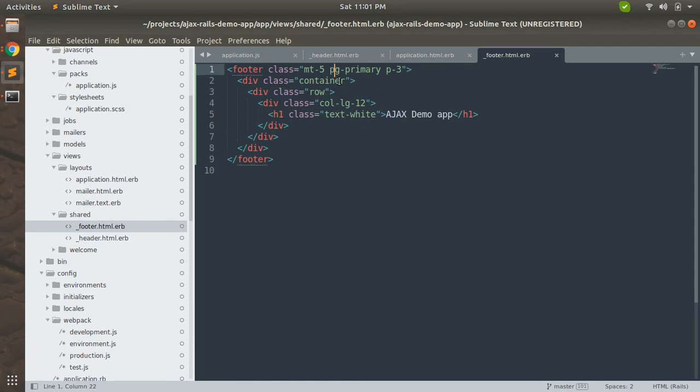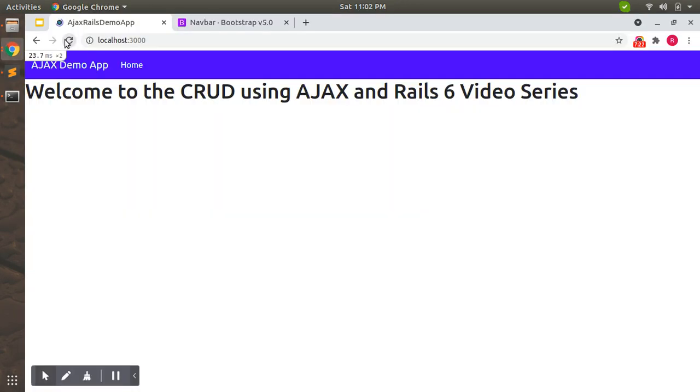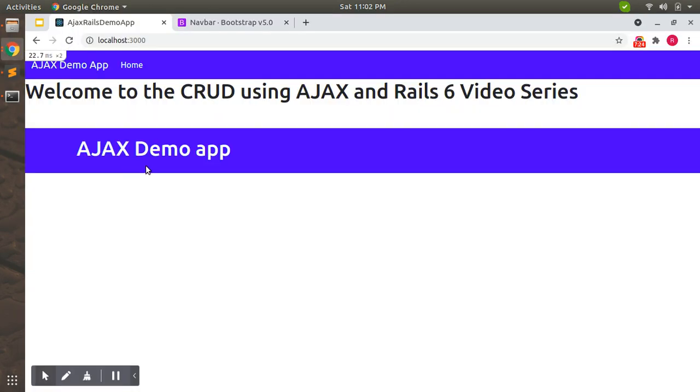Oh, this is the mistake: I have added pg here rather than bg. So let's make it bg-primary and you will see everything here. Okay, so this is the footer.